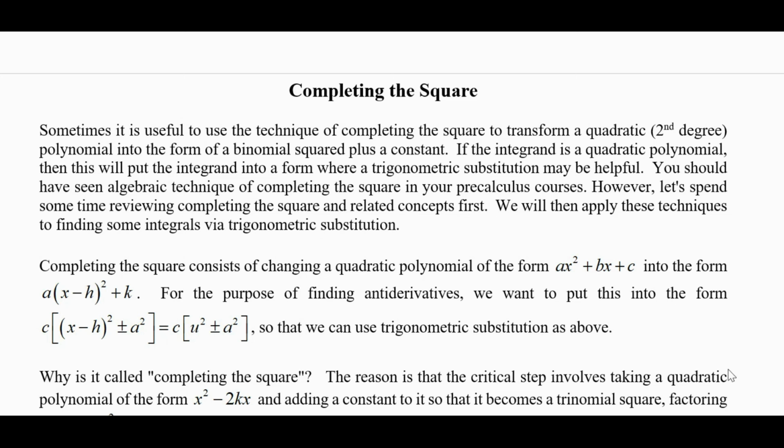In this video, we're going to talk a little bit about completing the square. Sometimes it's useful to use the technique of completing the square to transform a quadratic or second-degree polynomial into the form of a binomial squared plus a constant. If the integrand is a quadratic polynomial, then this will put the integrand into a form where a trigonometric substitution